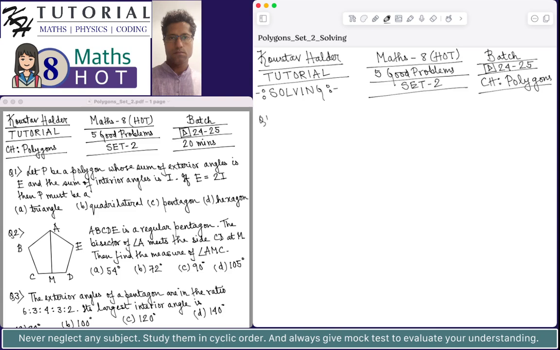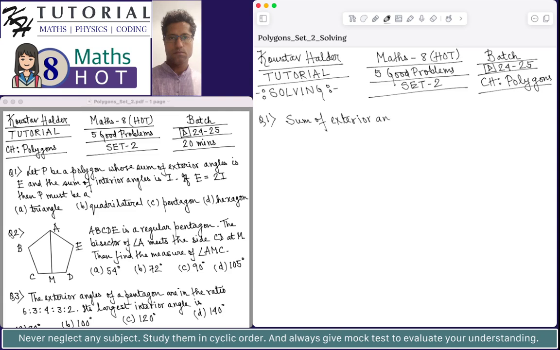Question number 1 says, let P be a polygon whose sum of exterior angles is E and the sum of interior angles is I. If E is equal to twice I, then P must be a triangle, quadrilateral, pentagon or hexagon. So it is asking what is the number of sides of the polygon P. P is a polygon. It is not a regular polygon but a normal polygon. So we know that for a polygon, the sum of exterior